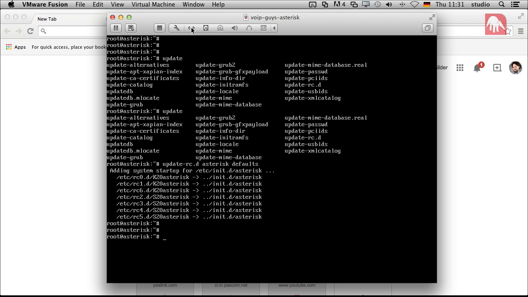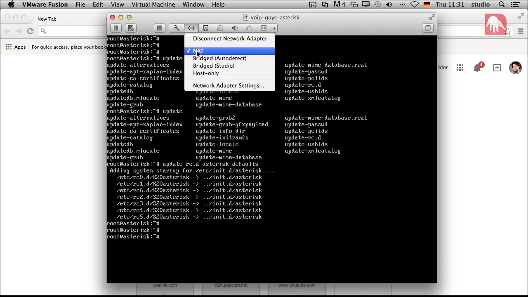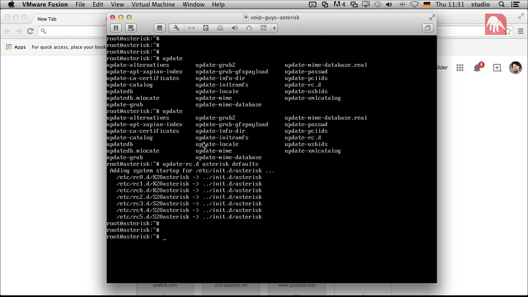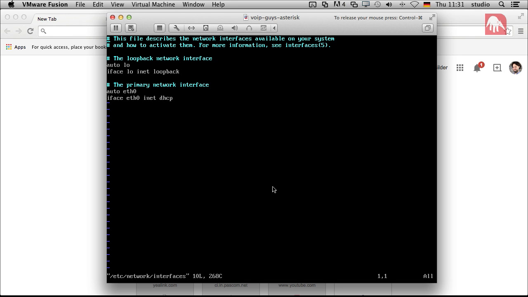The next thing is we need a network where we can play and where we can place our telephones. We are here in a virtual machine and we have a NAT environment. So we changed that. We bridge the network to our studio. Our studio network is a network where we can play with. We have a switch there, we have a router there, and we have to adapt our network settings. That's done in /etc/network/interfaces,